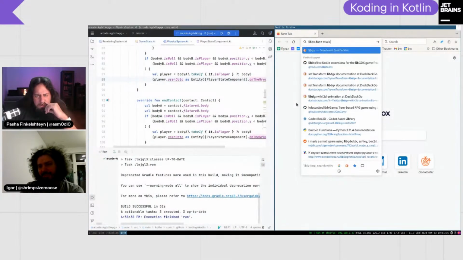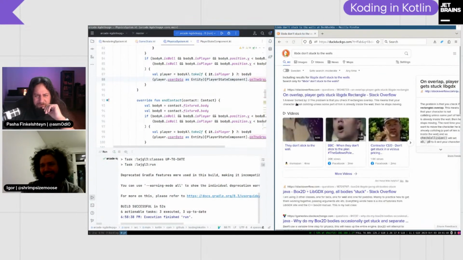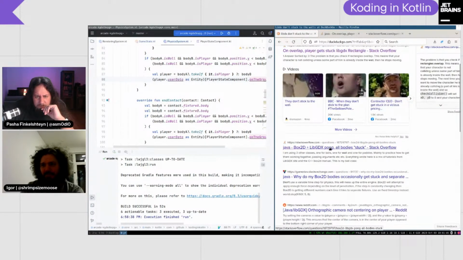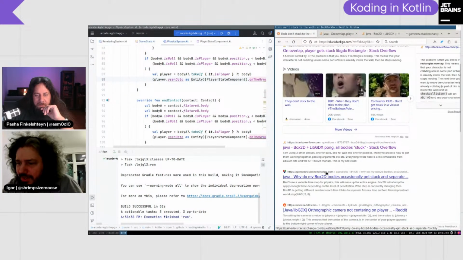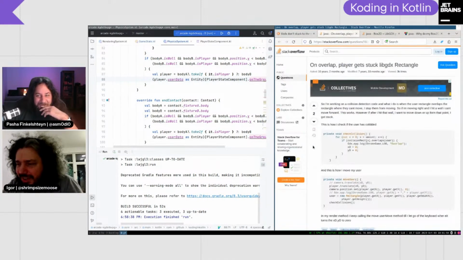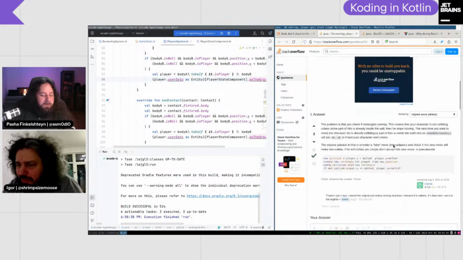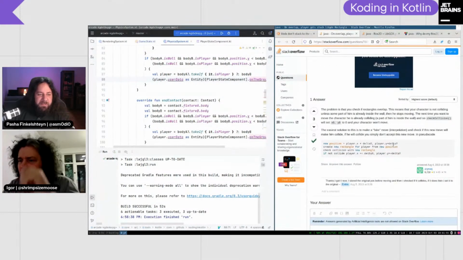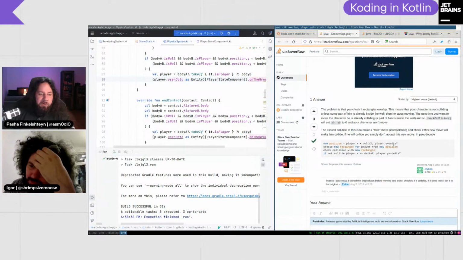libGDX don't stick to the walls. Okay. All bodies suck. You know what's funny? This libGDX, or this Box2D, is a kind of popular thing.